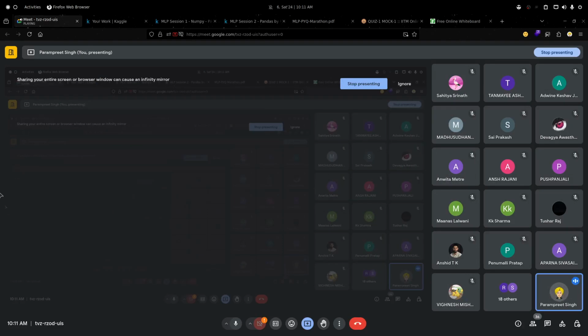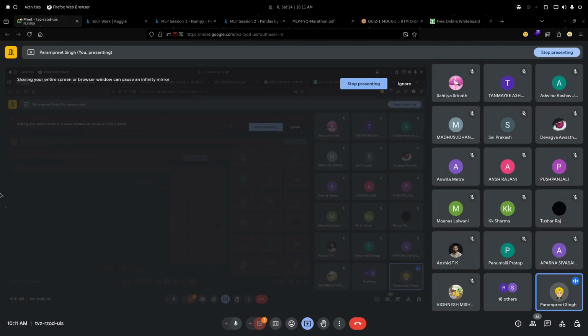Let's suppose we have passed k as 1. Then wherever in a row we have the nan values, it will take that row, and here we have passed 1, so it will take one neighbor from the left hand side and from the right hand side, so it will take this first column and this third column.